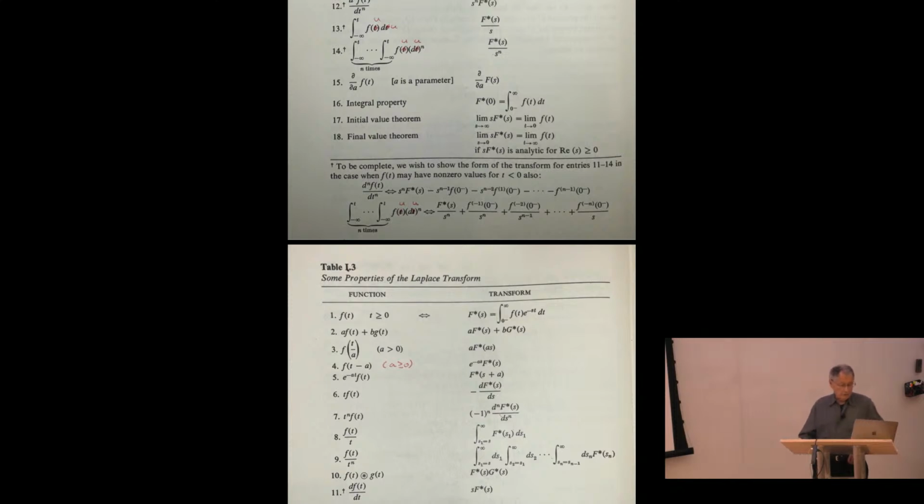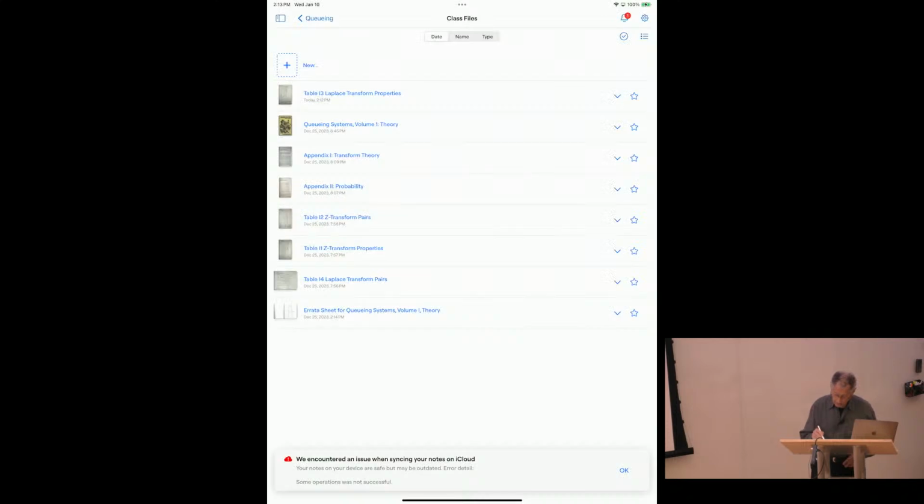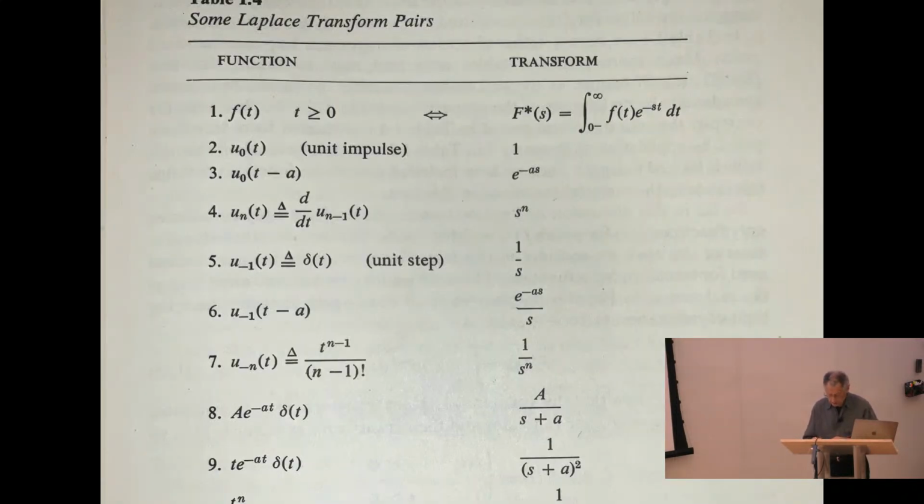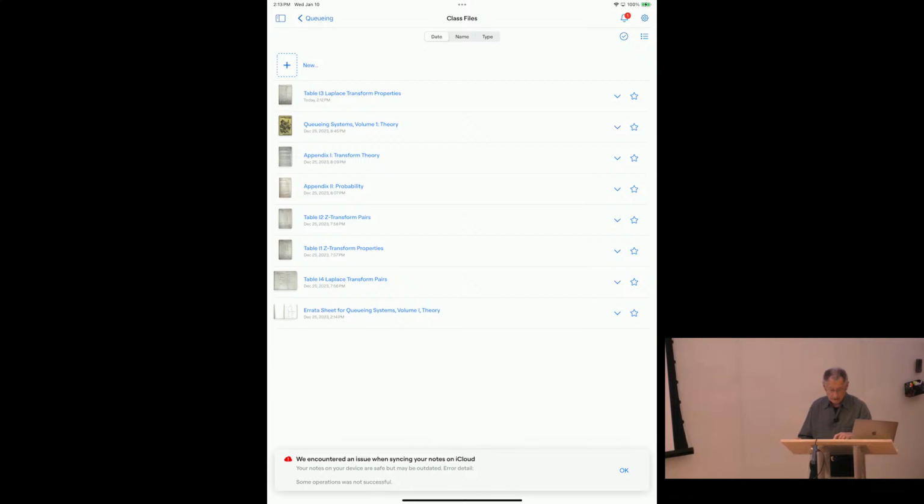And similarly, we're going to take advantage of pair 10 in table 4, which is this one at the bottom of the page, which talks about how I deal with multiple roots. And it's this combination that we'll be taking advantage of. So I'm going to write it down rather easily. So going back to